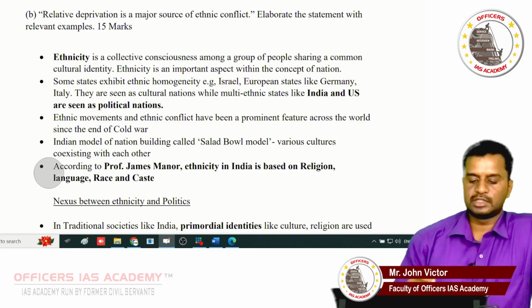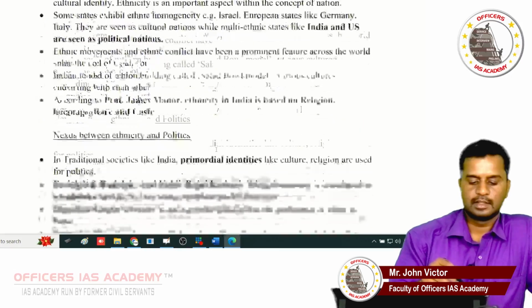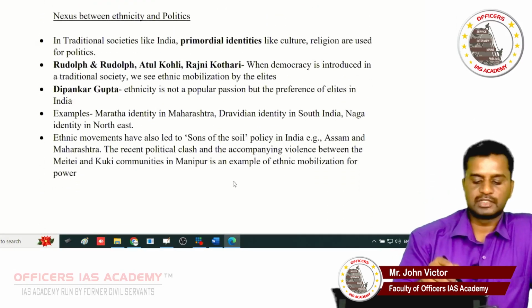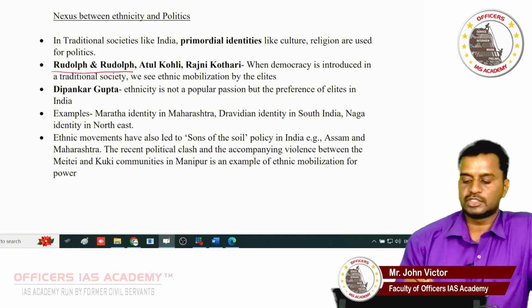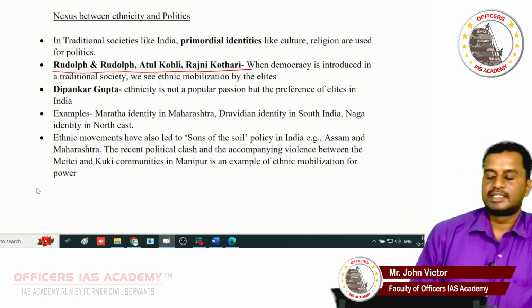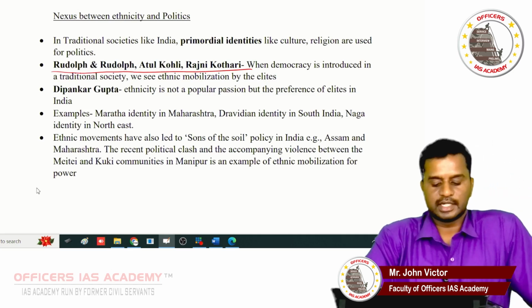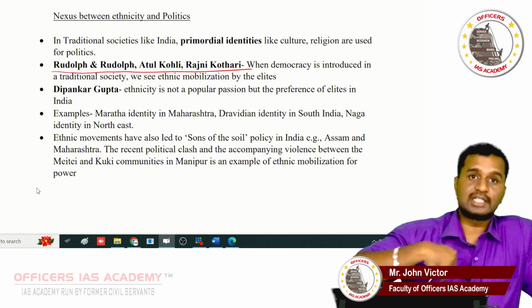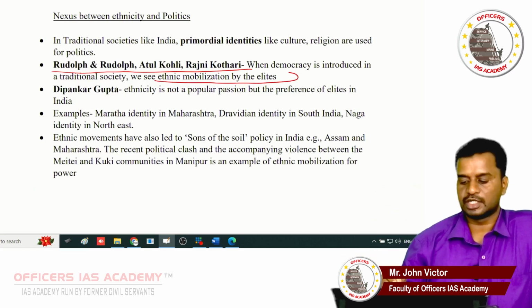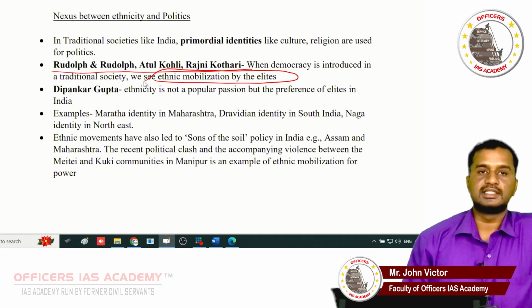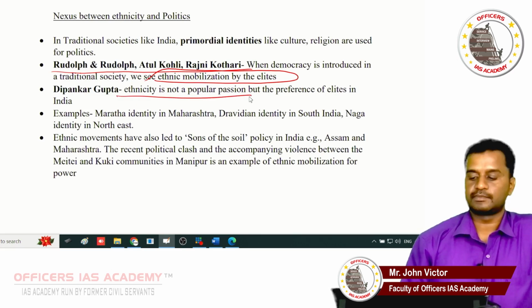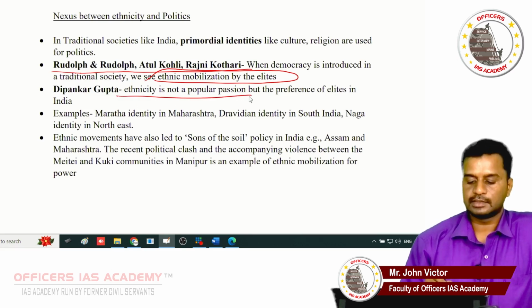So explain first the concept of ethnicity and its understanding based on political science. Write the view of scholars. Scholars like Rudolph and Rudolph, Atul Kohli and Rajni Kothari tell that when democracy is introduced in a traditional society, it is natural to see ethnic mobilization by the elites. Mention this point. Dipankar Gupta tells that ethnicity is not a popular passion, but a preference of elites in